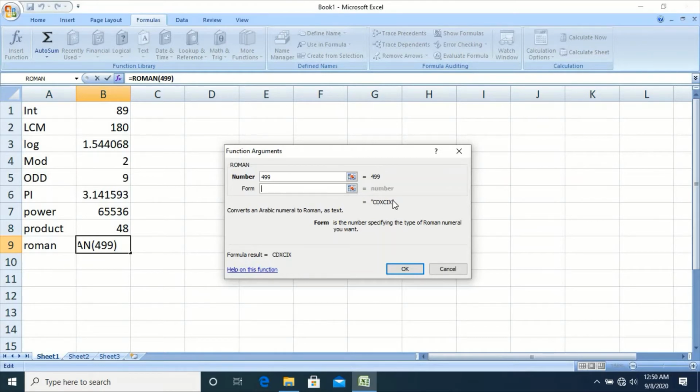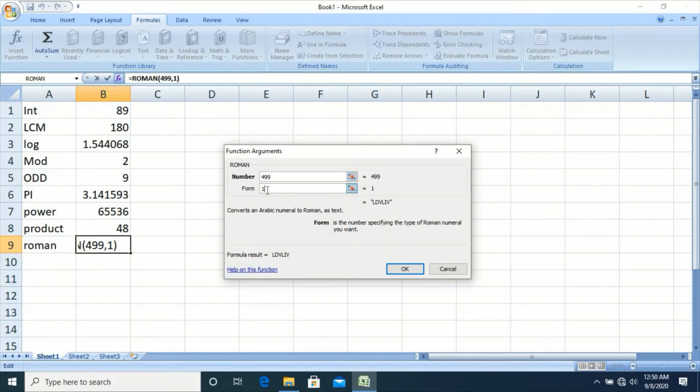If you want the value in more concise form, the value can be given. So when we give the form 1, the same value can be represented in a more concise form.